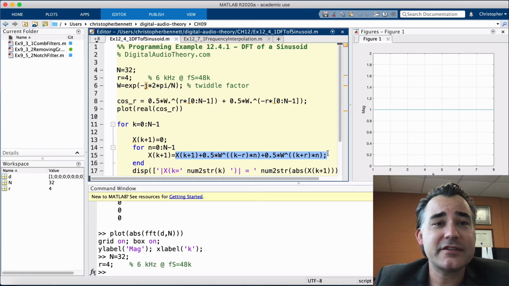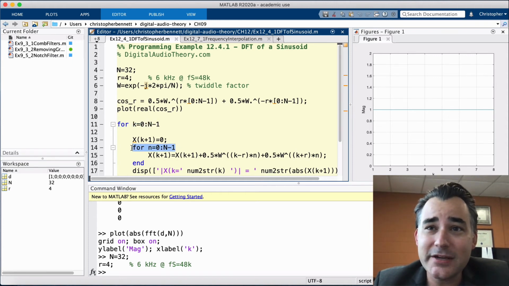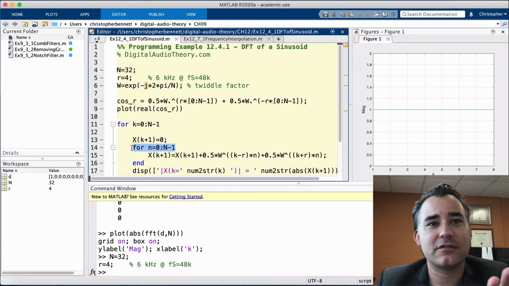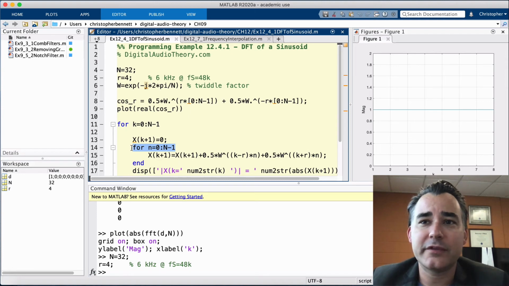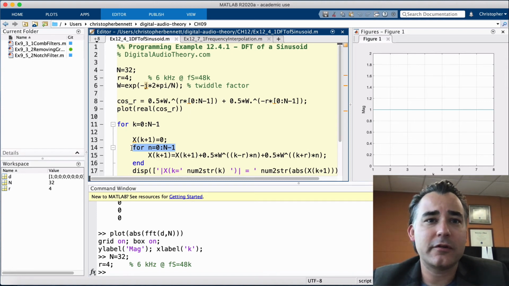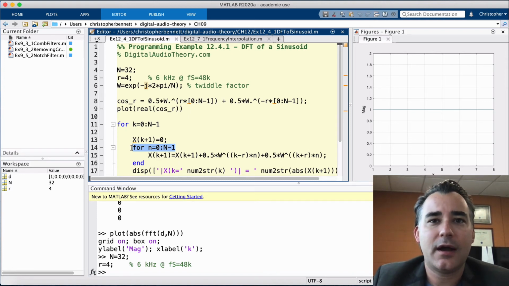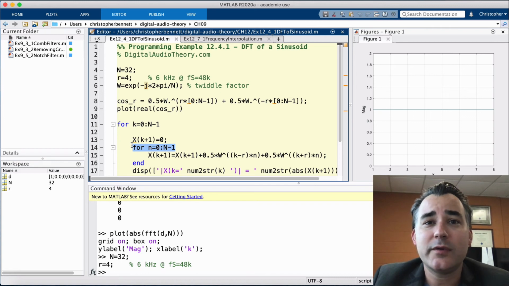So, this custom DFT code has two nested loops. The outer loop iterates over all the frequency bins that are being analyzed, while the inner loop performs the summation of the analysis phasor against the signal that's being analyzed. We have to loop over the entire signal to make sure that we aren't missing any of the frequency k anywhere in the signal that's being analyzed. When we evaluate this code,